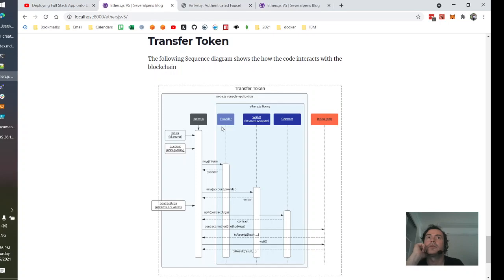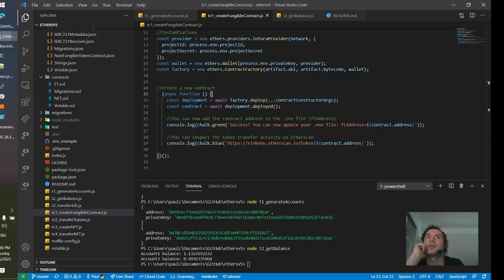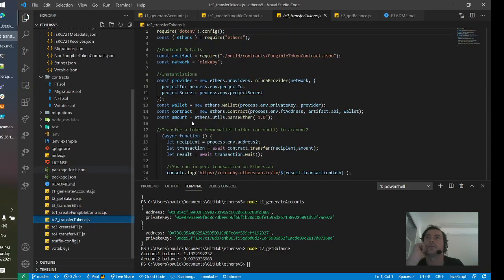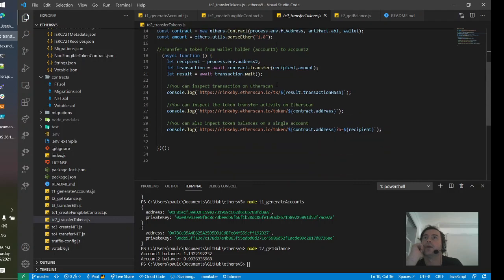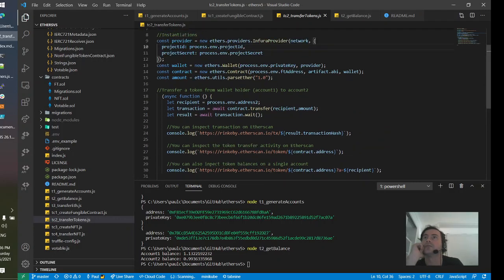Transferring a token. You can see transferring a token. What's different here is you've got the amount, the contract and the wallet. So once you've got an account that's been generated and deployed, you want to keep the address and use that